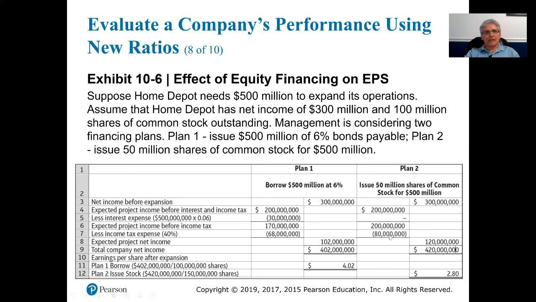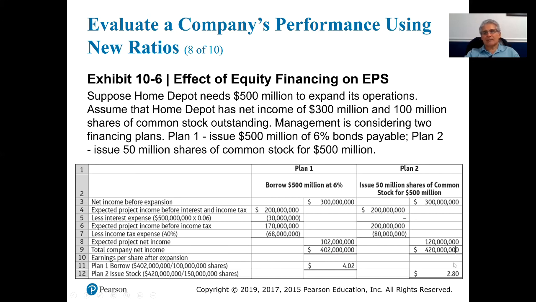So 80 million. Now, even after that, we're still going to end up with more income of 120,000 compared to plan one. Even after that, plan two for issuing common stock shares is still going to end up with more income as compared to plan one where we're issuing bonds or debt. We end up with $120 million under plan two. We only ended up with $102 million under plan one. So therefore, the